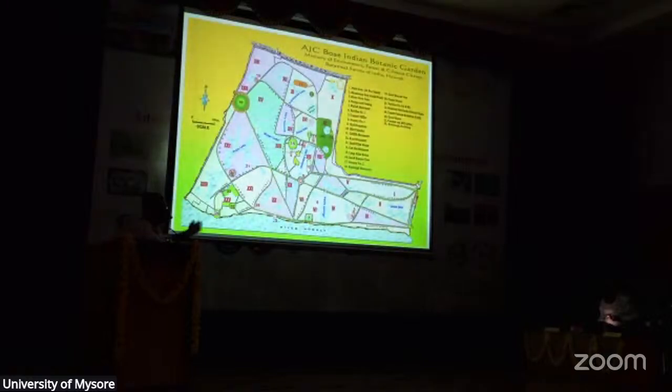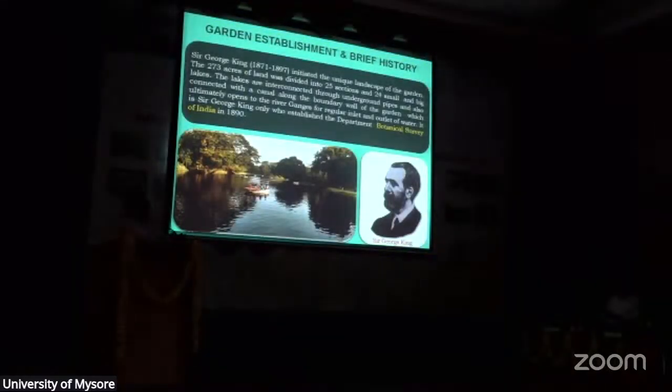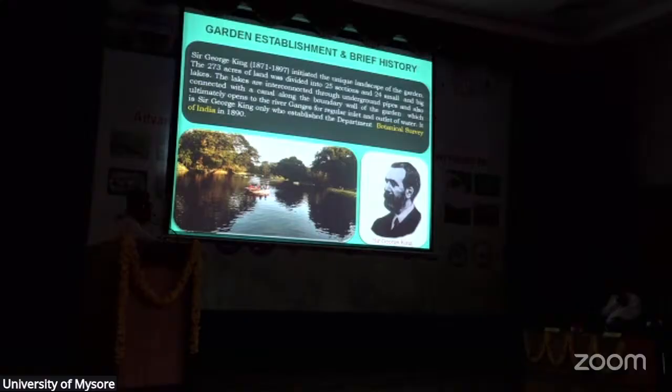who took charge 2 months back. And this is the map on the west bank of the River Hooghly. The botanic garden is divided into 25 regions having 24 lakes, which were developed by George King, with a very beautiful landscape for active conservation of these plant elements. And this is George King, who completely developed a new landscape of this botanic garden. That's why he was given the knighthood, Sir George King, by the East India Company.